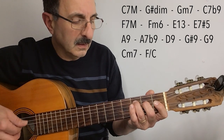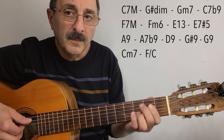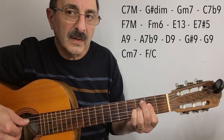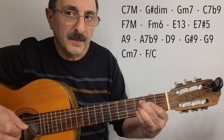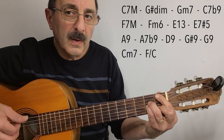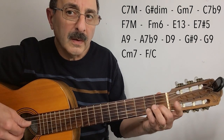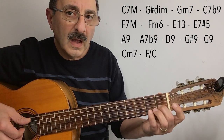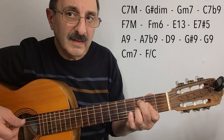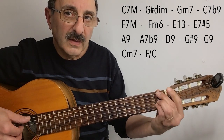This is a C 7th with the 9th flatted. I'll explain the chords. Okay, so we've gone from G minor 7th to a C7 flat 9, F major 7th,